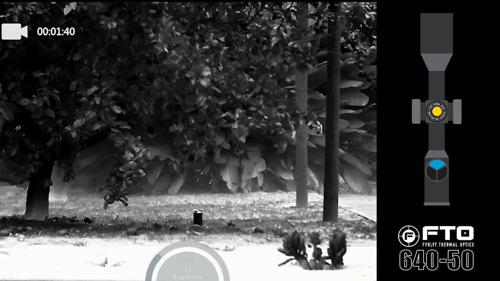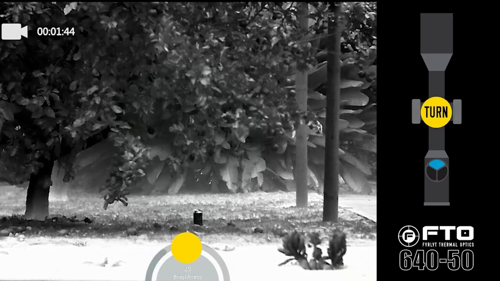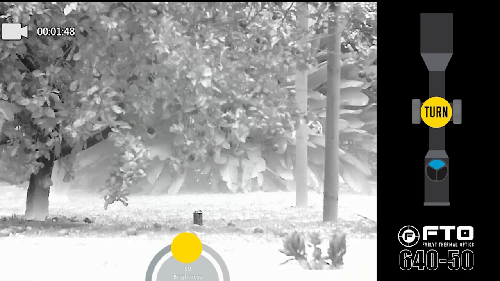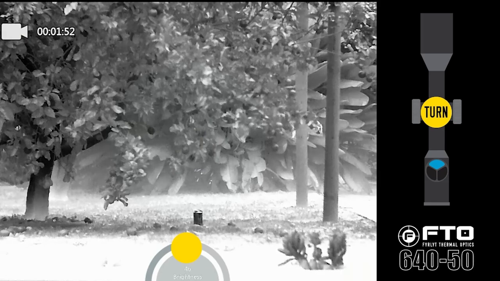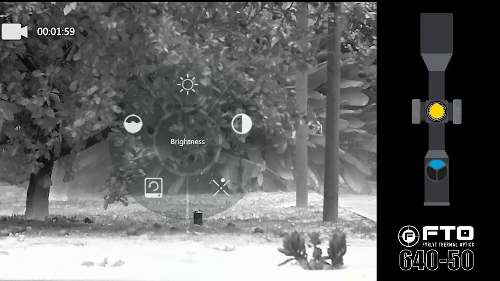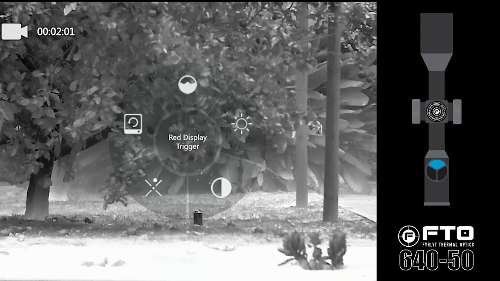We'll give it 1 quick push and you'll see the little wheel at the bottom, and we'll just dial the brightness right up and see the effect it has, and that's just the display brightness of the image. And we'll find something that's a little bit more appropriate for what we're doing, and we push that 1 more time. It'll take you back to the sub menu. Next we can twist around to